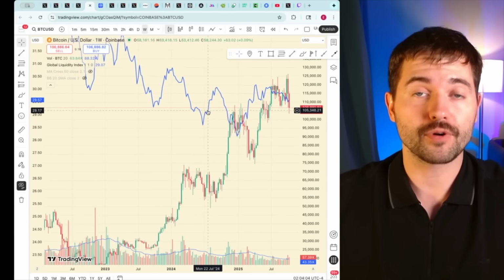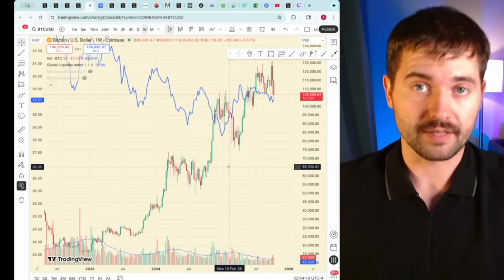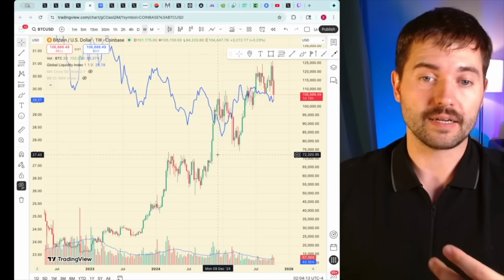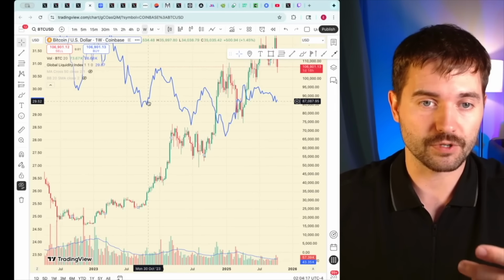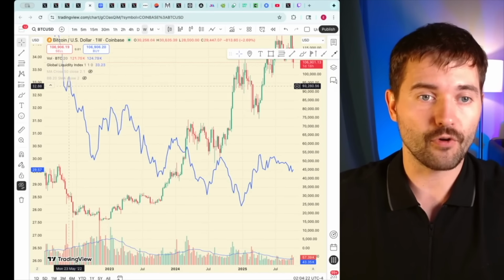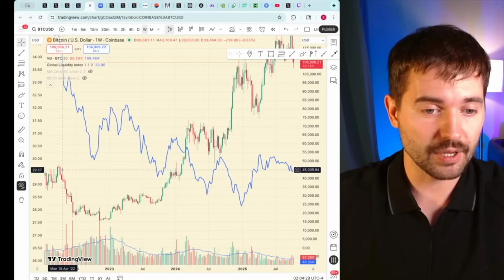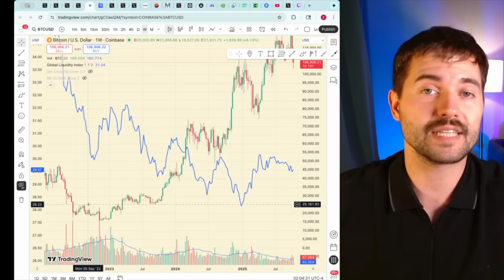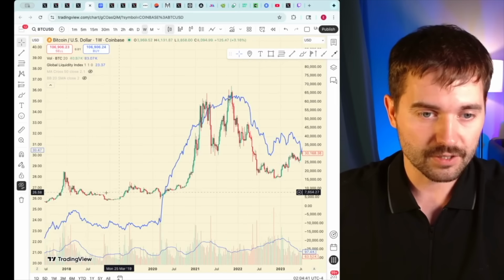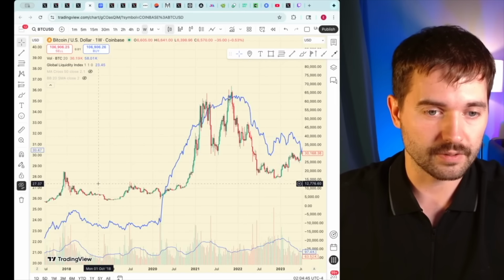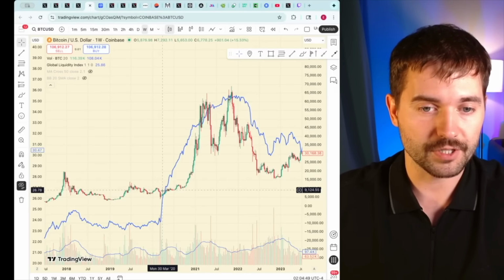Now, talking about the correlation between global liquidity and Bitcoin: each time there is more money, excess money, it tends to inflate the speculative assets. And in this case, we're talking about Bitcoin. This was the big fall of the global liquidity. The Bitcoin price was going down, and that was the end of the 2021 cycle when the expansion was finished. So everything was moving in unison.